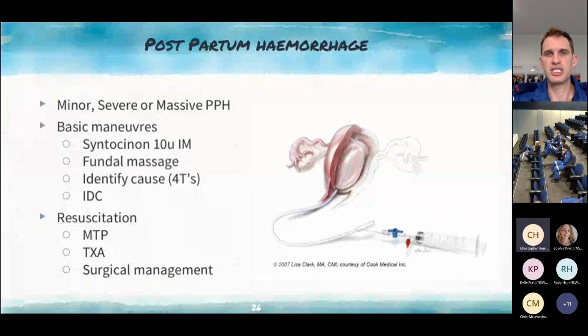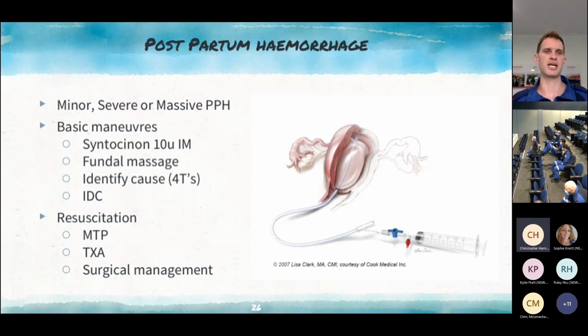The third T is tissue, so that's retained products, and this will be more represented in particularly secondary PPHs after 24 hours. And also the last T being thrombin, so that's just a coagulopathy or DIC, which you need to look for and correct. And the management, in sort of short, is resuscitation. Interestingly enough, the guidelines for PPH for New South Wales,